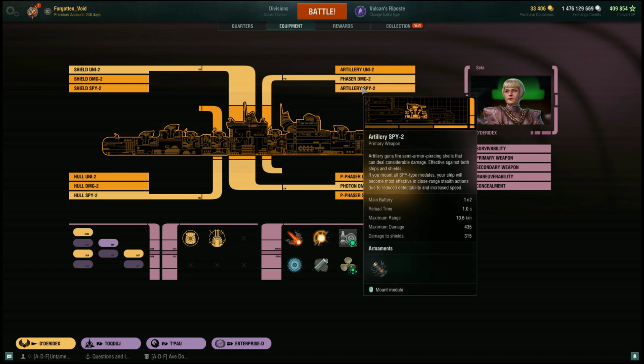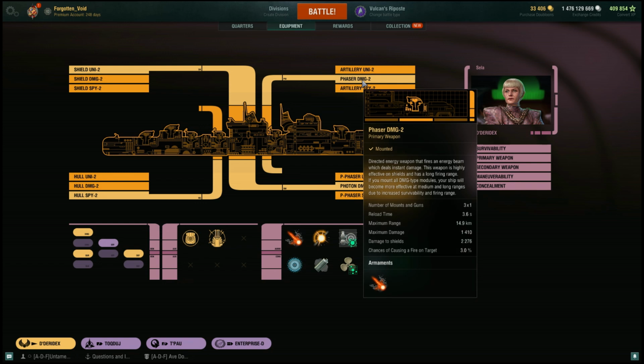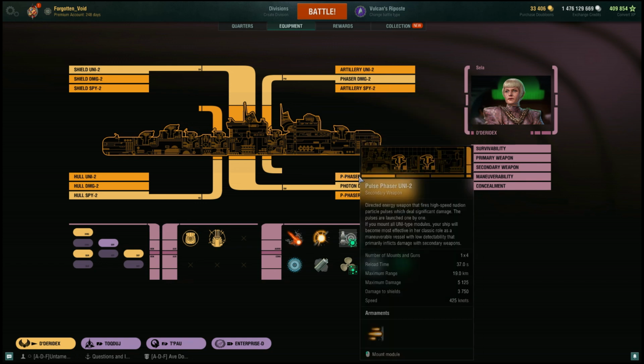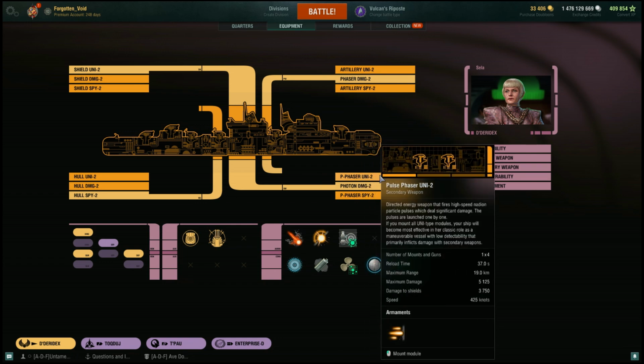Artillery, you actually have to aim, especially if you're further away. Also, phasers do more damage to the shields, to take down the shields, which brings us to our next point, the torpedoes. So you have 2 types of the